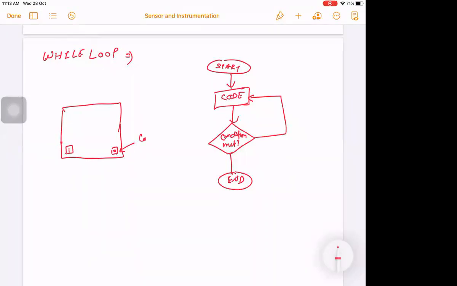This is your conditional terminal, and this is your iteration terminal, which sets how many times you want to run your program. Clear? So this is the basic idea of how you are going to perform a task.